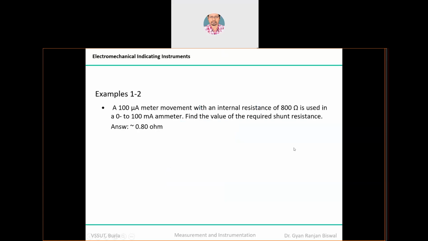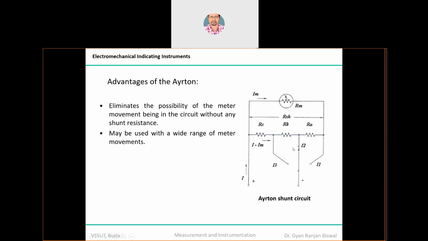So try to see this particular demonstration. A shunt circuit is shown. Now I hope the picture is more clear. Im is the amount of meter current which is passing through the PMMC instrument, which is used for measuring the current. So right now I am trying to use PMMC as a DC ammeter. Let's say Im is the current passing through the meter.